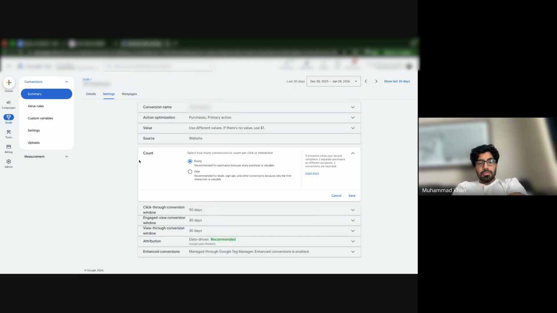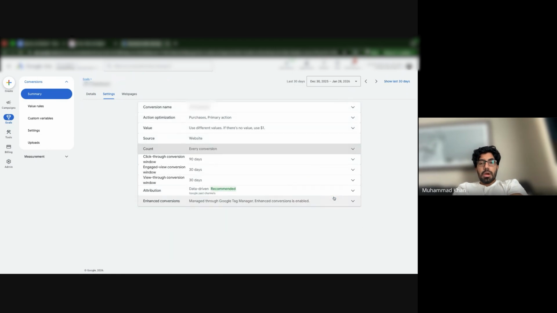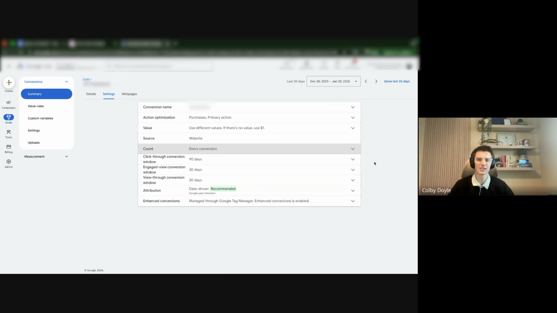A purchase is also dependent on what business model you're running, right? If you're trying to get more new customers in a certain window, then it's fine. I personally do 1 conversion over 30, 60, or 90 days, depending on the customer, so I don't count them multiple times. But you can also do every conversion. Again, it's very dependent on the business model. Make sure you understand those, as long as it's done with intention.